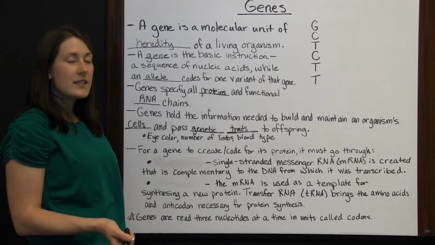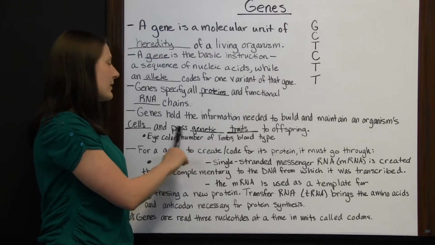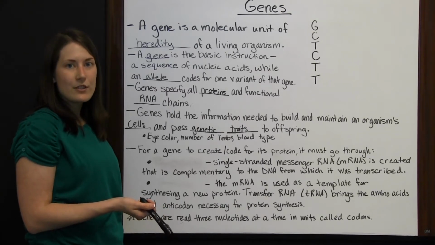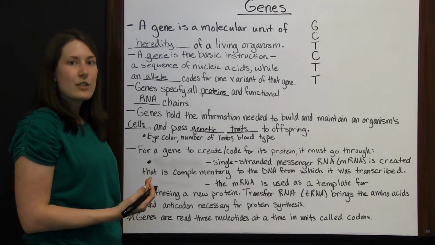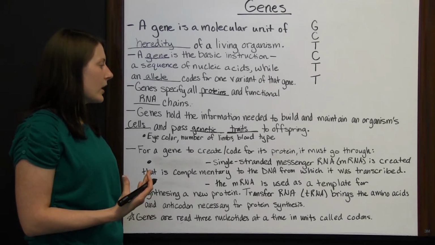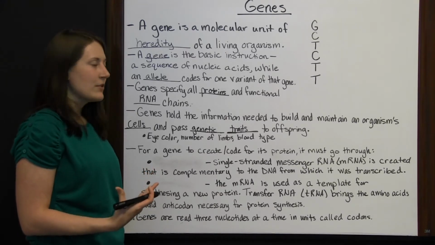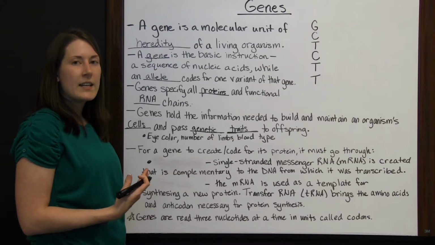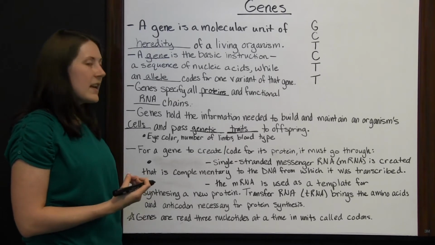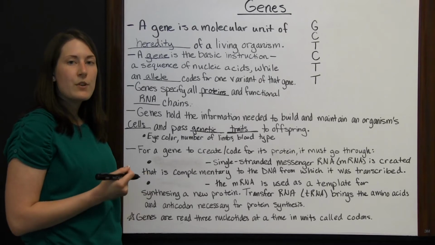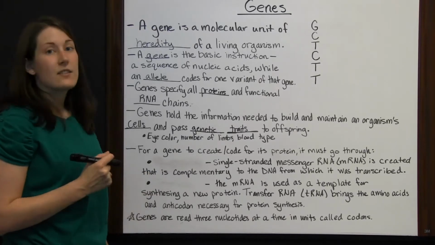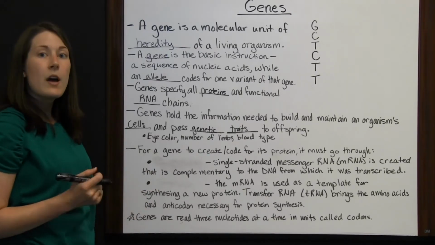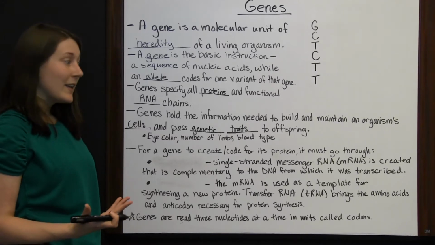So some genes you can see right away manifested, such as eye color or number of limbs. But blood type is something that you would have to do a little more scientific research to discover. You can also search for certain markers in your body for diseases such as Alzheimer's or other hereditary diseases. Those can be tested for, and your DNA, your genes, will show if you have a likelihood of getting that disease. And so that's definitely not something you can see just by looking at someone. It's something that you would have to do more research into. But it's possible by looking at the genes in your body.